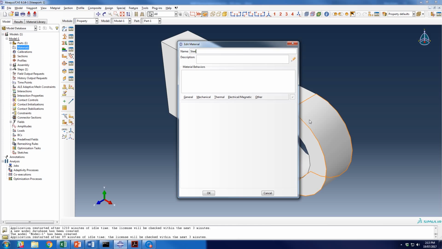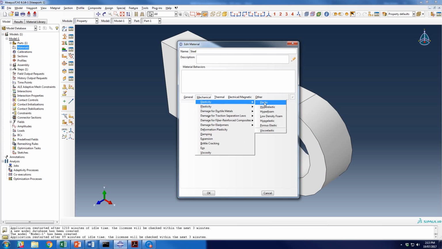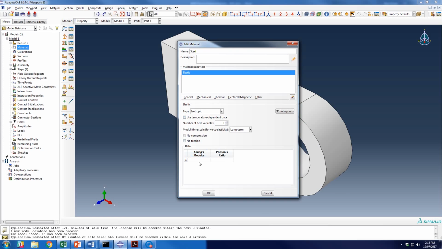So for that, there's only two properties you need. You need the elastic or Young's modulus, whatever you want to call it, and we also need the Poisson's ratio. So these are the two basic parameters you need for a linear elastic analysis. You can find those under mechanical, and under elasticity we get elastic properties. And you can see here down the bottom we only have to define the Young's modulus and the Poisson's